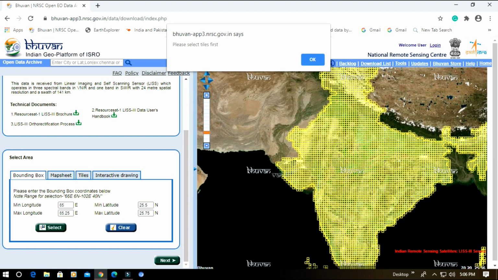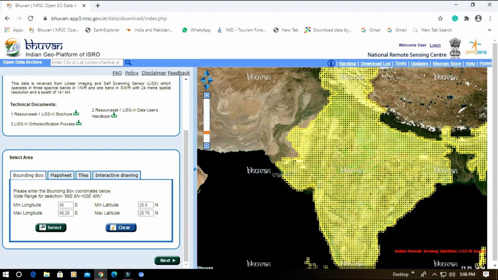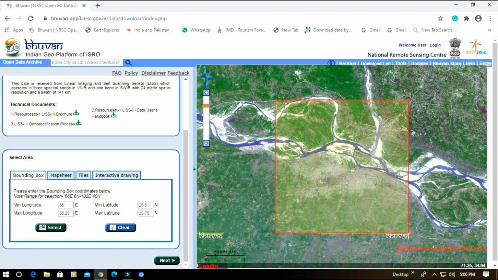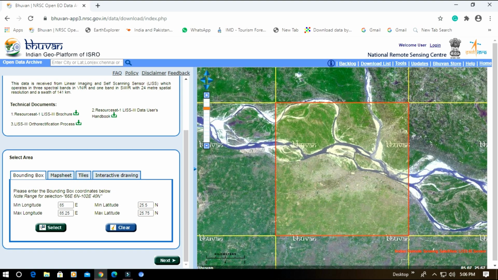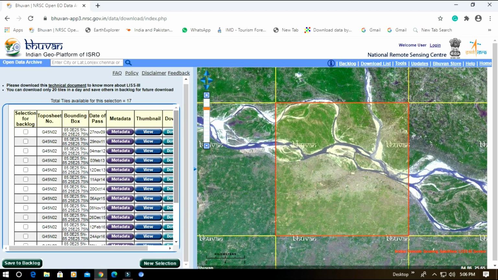Now click on select. This particular box or tile box will be selected, then click on next.